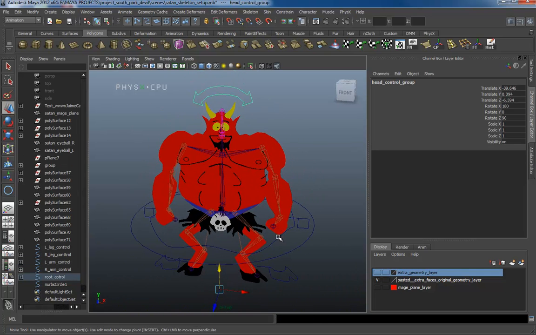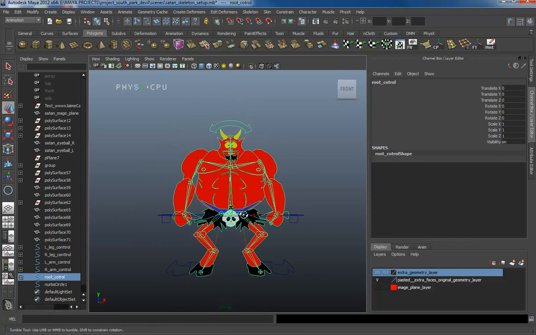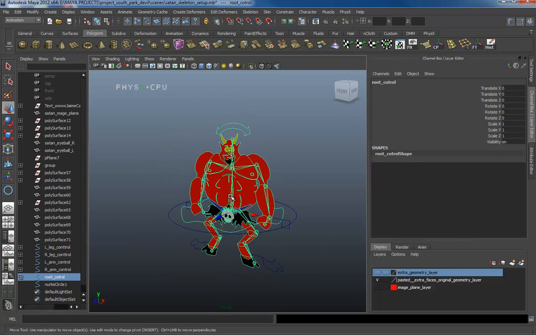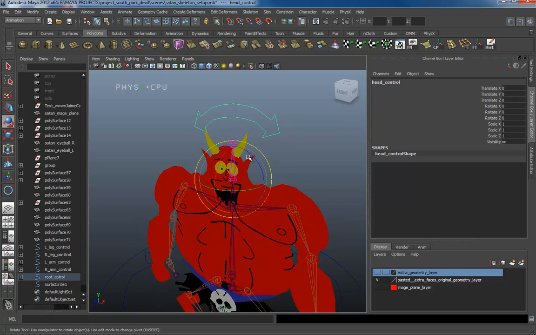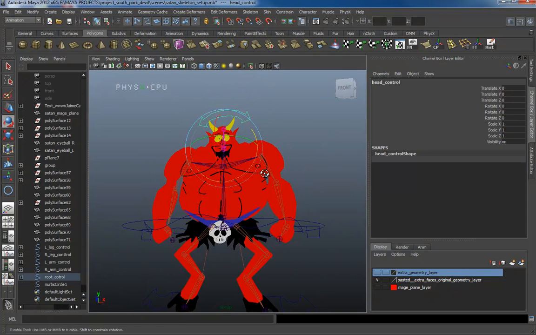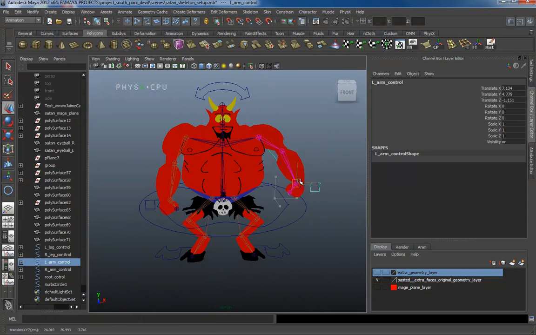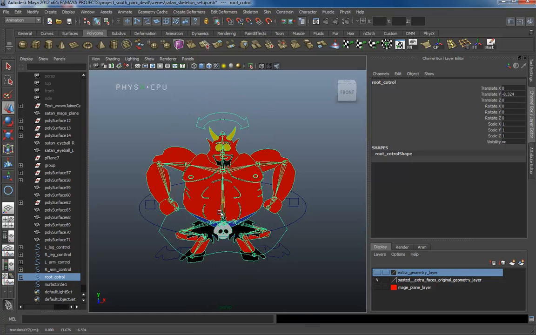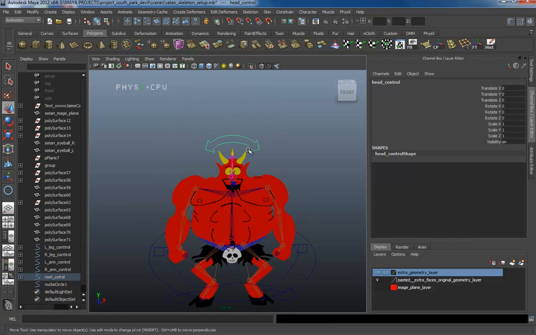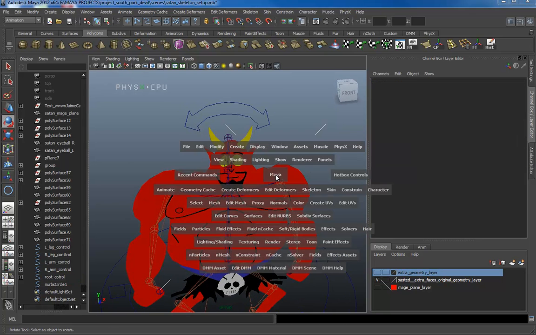Now whenever I move my hip control or my root control, the head moves along with it, and whenever I rotate, the head rotates. So the arms are working, the legs are working, the head is working. I want to rig the eyes now. I want to go to my front view,